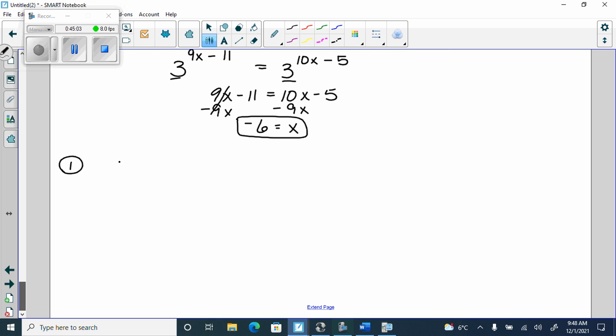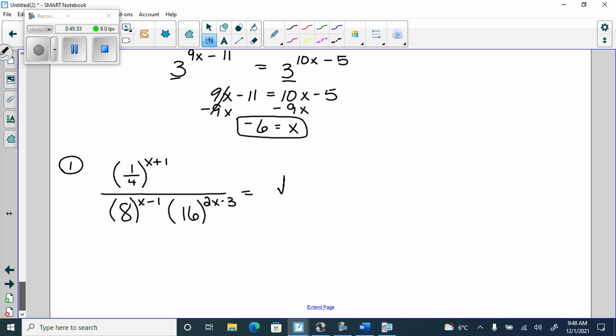So we have 1 over 4 to the x plus 1 over 8 to the x minus 1, 16, 2x minus 3 equals 0. Who do you think you are? The square root of 2 to the x plus 1 over,